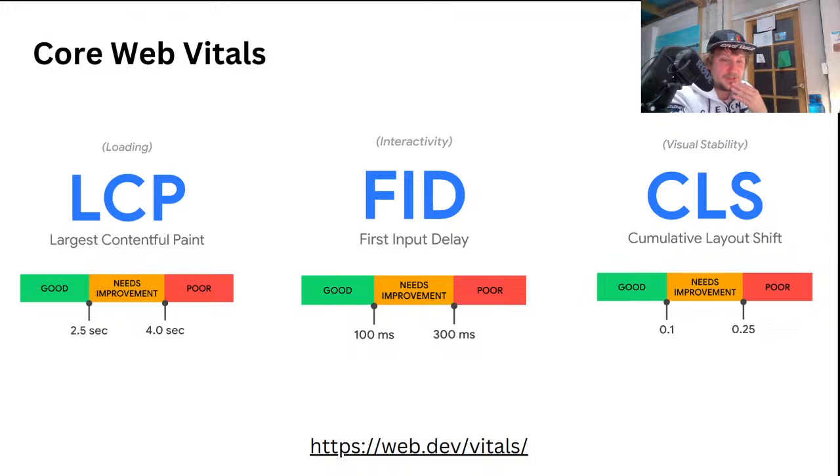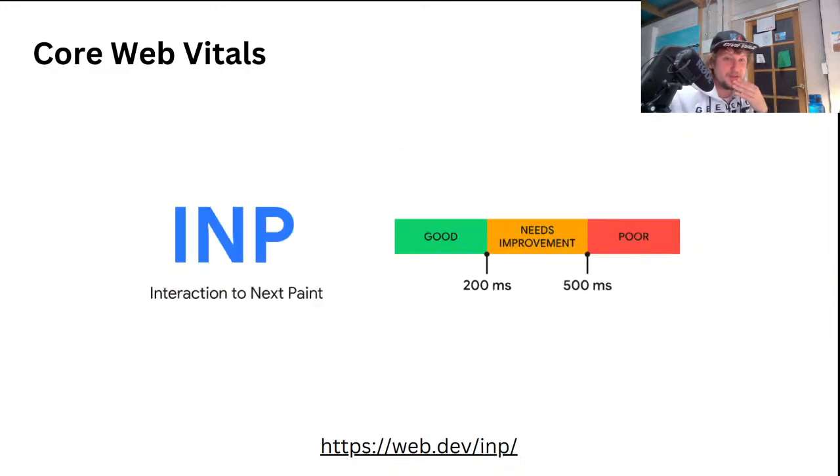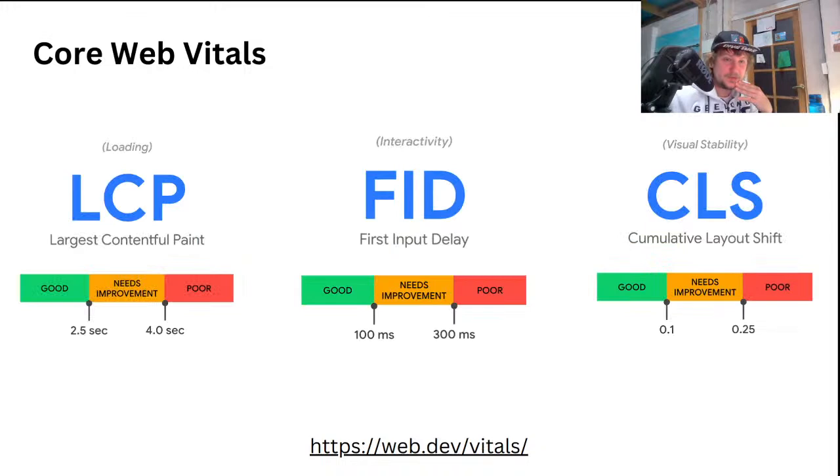Interestingly enough, the first input delay is slowly probably getting replaced by the interaction to next paint, and that's because first input delay is only measuring the first interaction, but interaction to next paint is actually including a total of all interactions. So then largest contentful paint is about how quick we can see the biggest chunk of